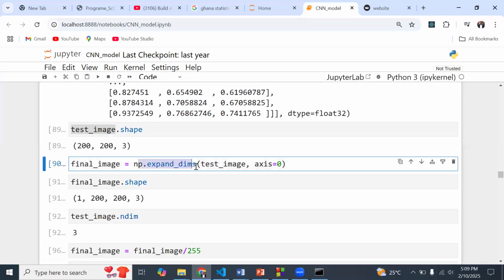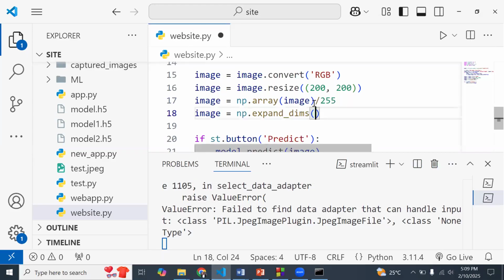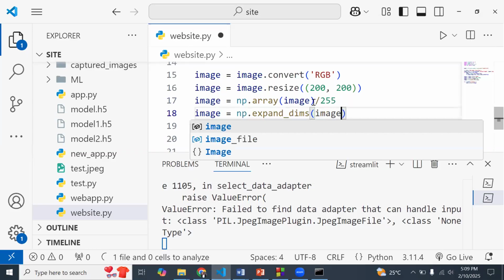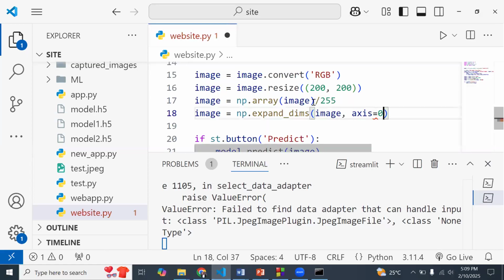So we do np.expand_dims, pass in that image, and set an axis of 0. So that's certainly what we want to do over here. So now that we have this, the image is ready to work.